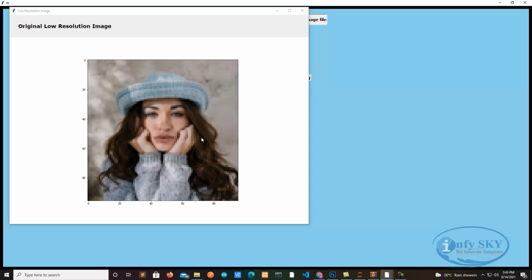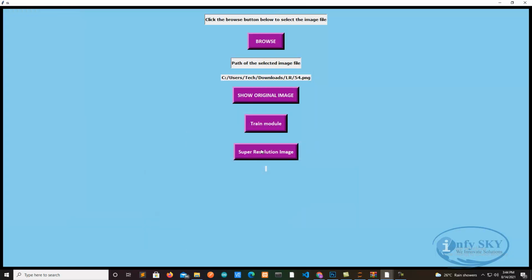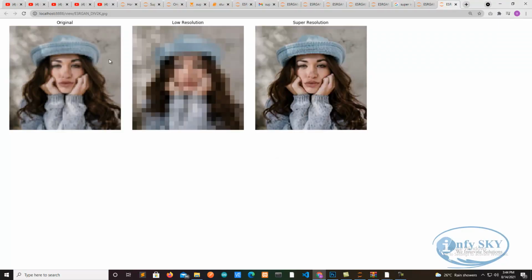See, it is of low resolution, you can see. Now we'll train the model. It is in process. See, it is done now. Now we'll go for the super resolution image. See here, the original image and the super resolution image.